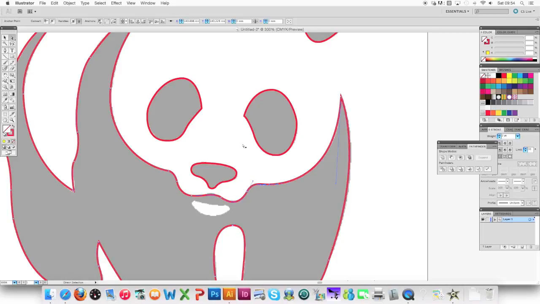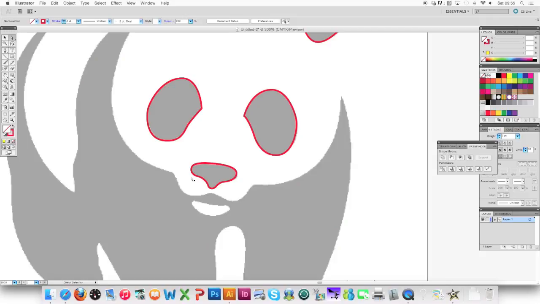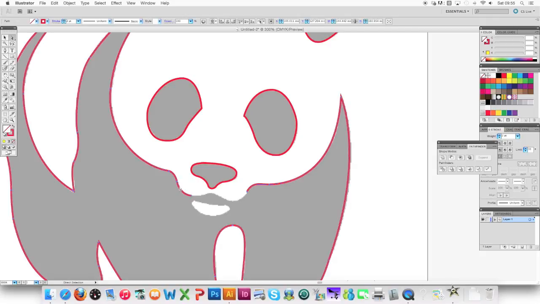The other thing I can do if it's gone really badly wrong is I can delete part of a line and reconnect up. So if I click again on one of these dots and press delete, it just gets rid of that area. If I double click, it will get rid of the whole line. You don't want that to happen, so I'm just going to undo to bring mine back. So if I wanted to still get rid of the next piece, I'd click off again, click on, and then delete the next part. Then what I do is reselect my pen tool up at my toolbar up here,